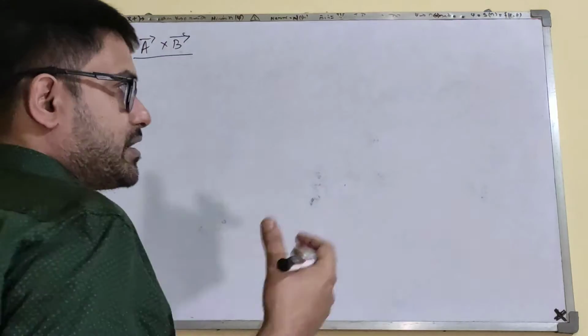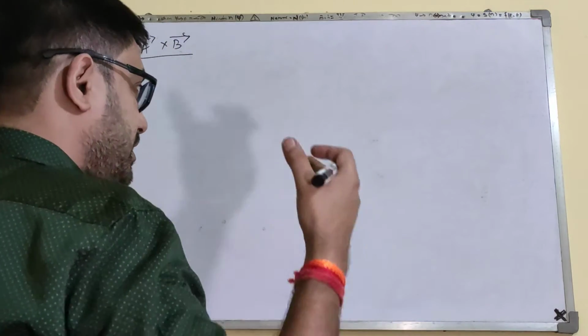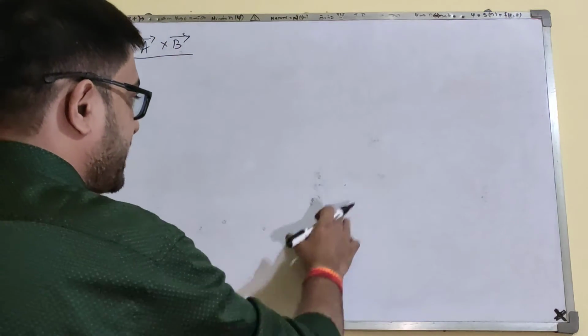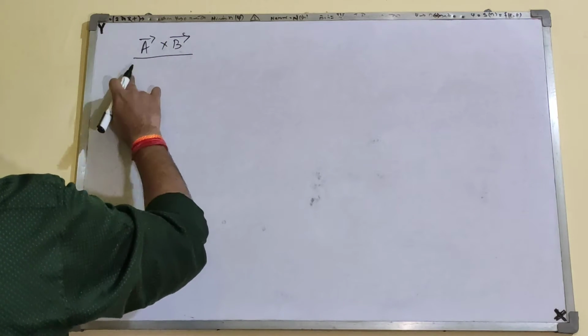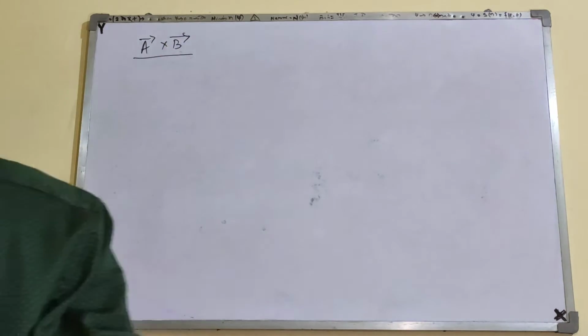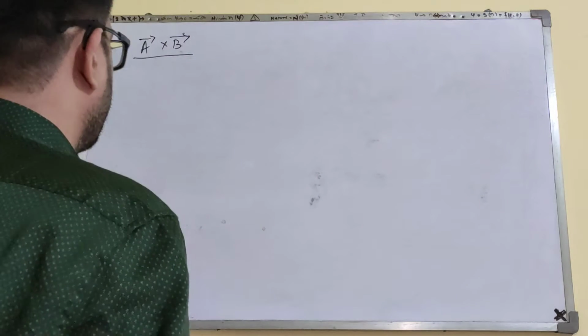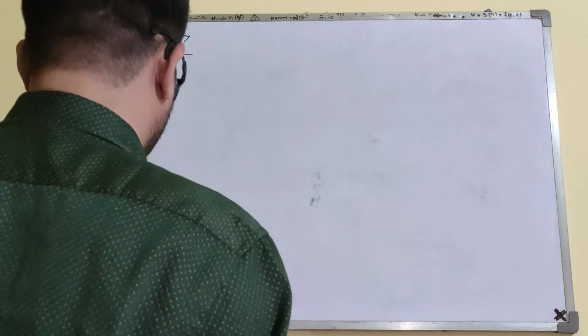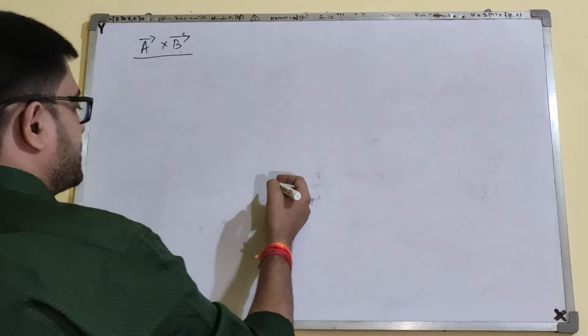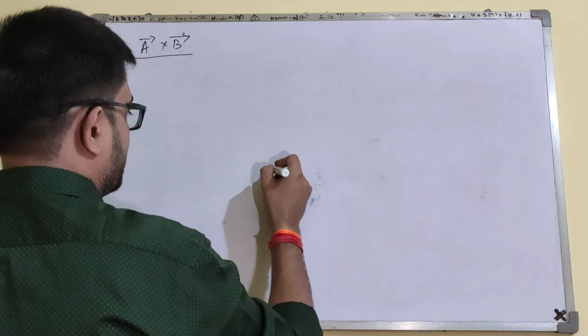Because that does not give us the answer about the need for directionality. So let's write it as A cross B, and let us understand what it means in terms of components. Because both of them are vectors,